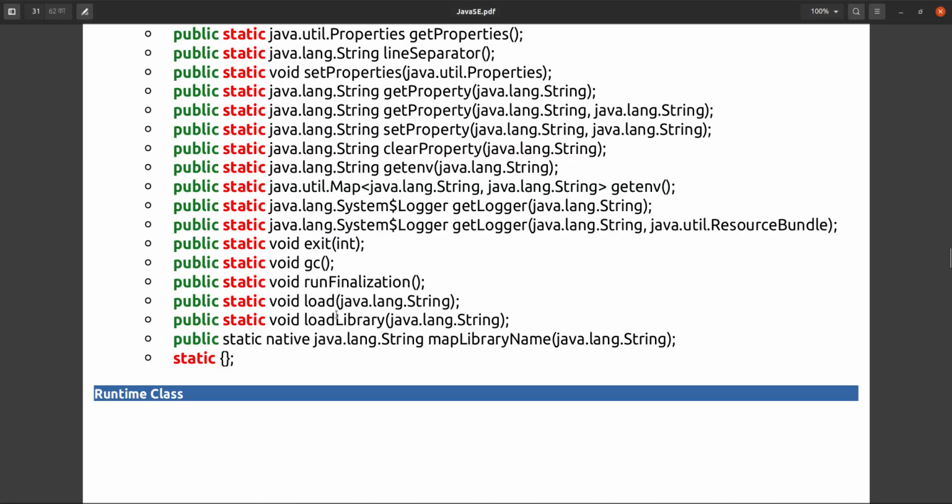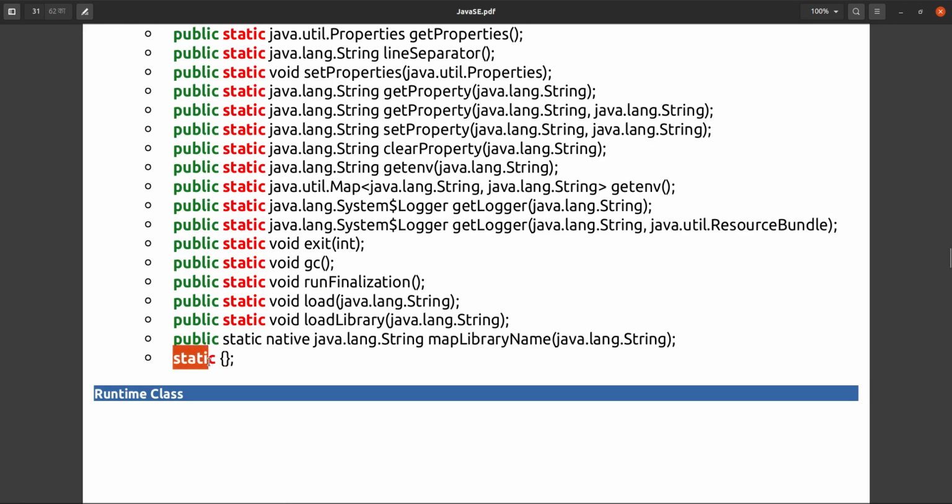The next one is load, which is to load a library. Any native libraries that you want to load into your program, you can use this one, but we hardly get this type of requirement. There is also a static block, and the map library name does the same thing.